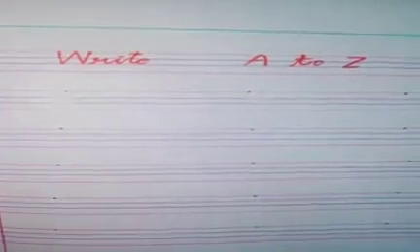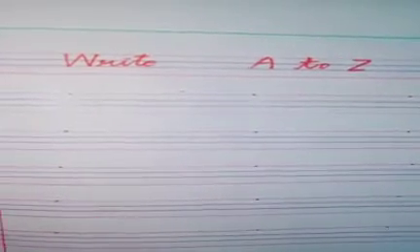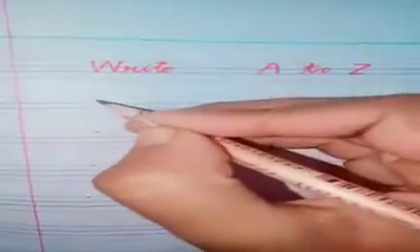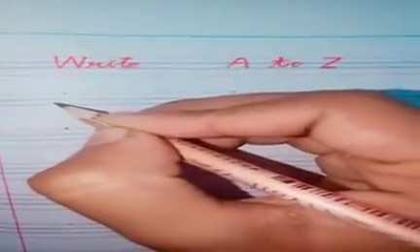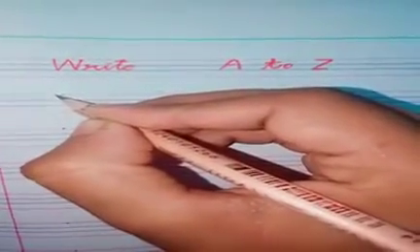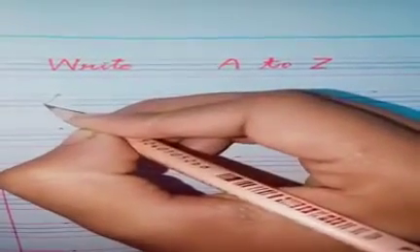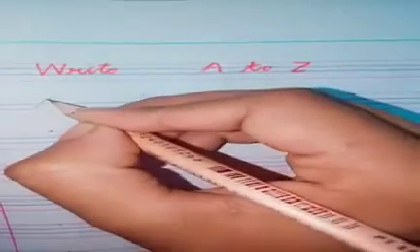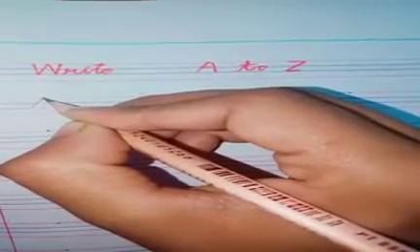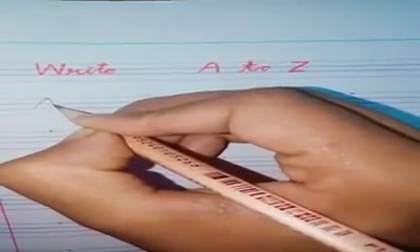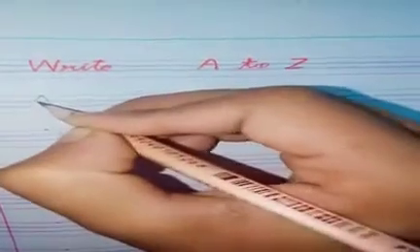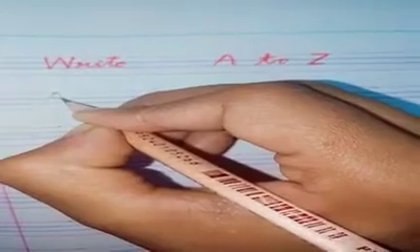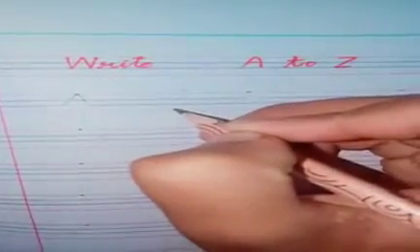Open your English notebook. Today we write capital A to Z. We start writing capital A. Start. Draw a standing line downwards, and go back to the top to draw another standing line down to the opposite side. Now draw a sleeping line across like this. This is capital A.